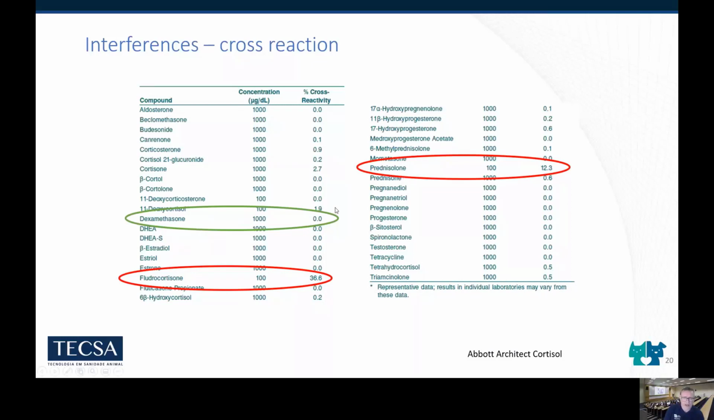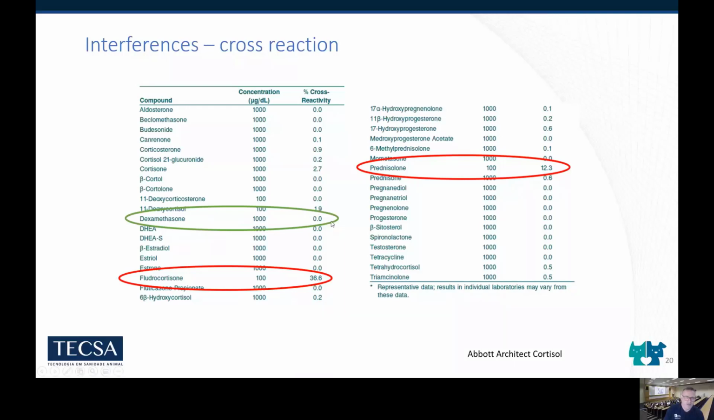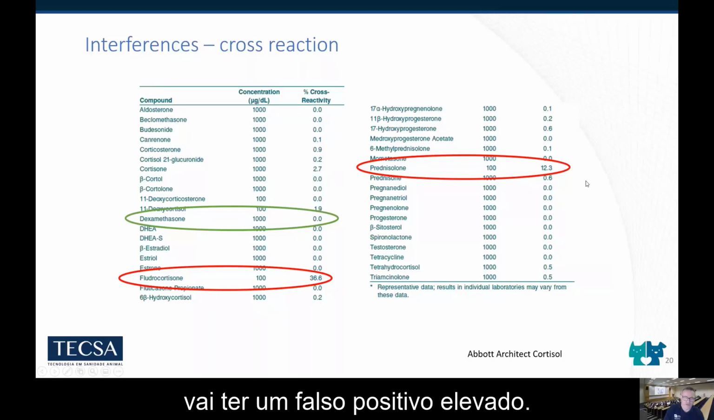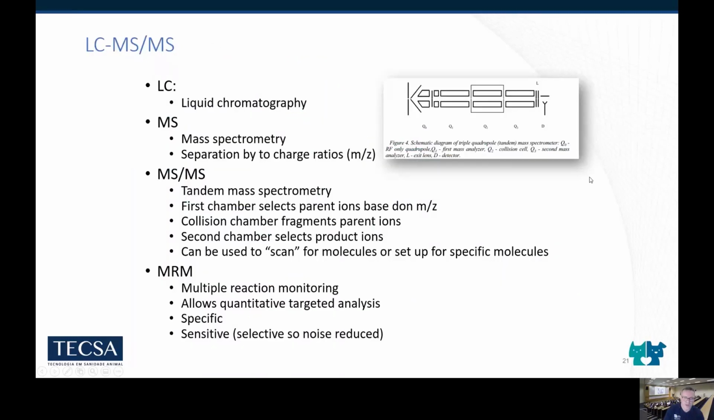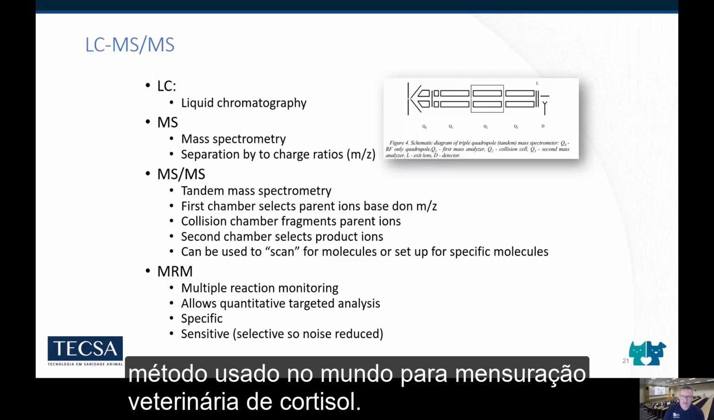So an animal that has received dexamethasone, like in a dexamethasone suppression test, there's going to be no problem there about using this assay to measure cortisol. Whereas an animal that's recently received prednisolone for some reason, then we're going to get some false results. So I've talked an awful lot about immunoassay because that is the main method being used worldwide for veterinary cortisol